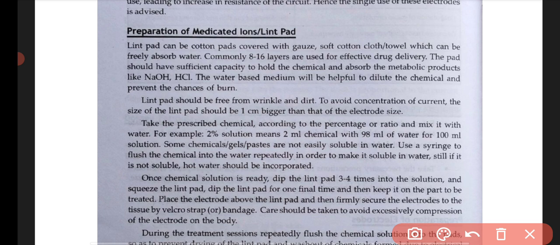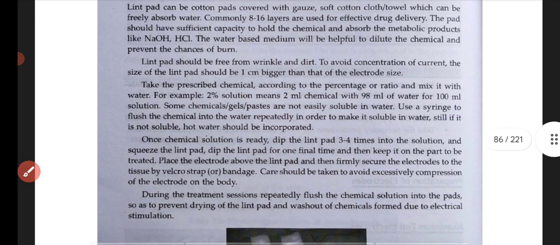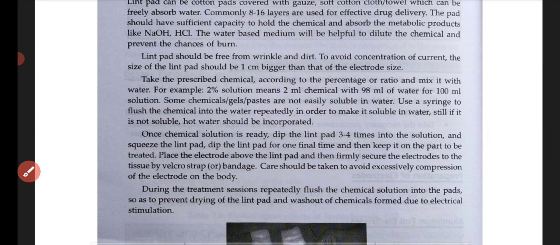Now, take the prescribed chemical according to the percentage or ratio and mix it with the water. For example, a 2% solution means 2 ml of chemical with 98 ml of water for 100 ml solution. Some chemicals or gel pastes are not easily soluble in water. Use a syringe to flush the chemical into the water repeatedly in order to make it soluble in the water. Still, if it's not soluble,